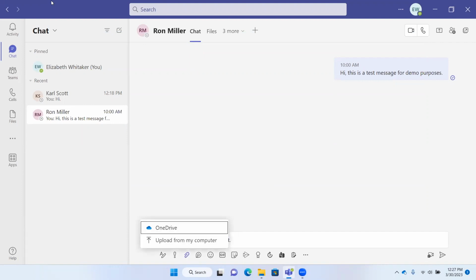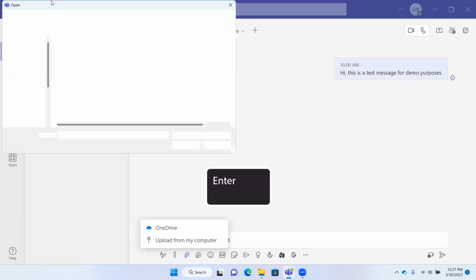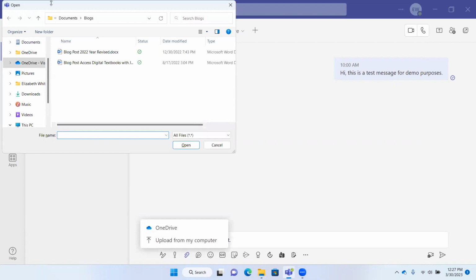OneDrive. And I'll down arrow to Upload from my computer, and I'm going to press Enter. Open dialog. And of course, right now it brings up that open dialog. And I'm giving you this tip because sometimes locating files can be a little bit tricky, especially if you're not exactly sure where the file is, but you're in a hurry and you really need to attach it quickly. So if you go to the folder where it's located and copy it,